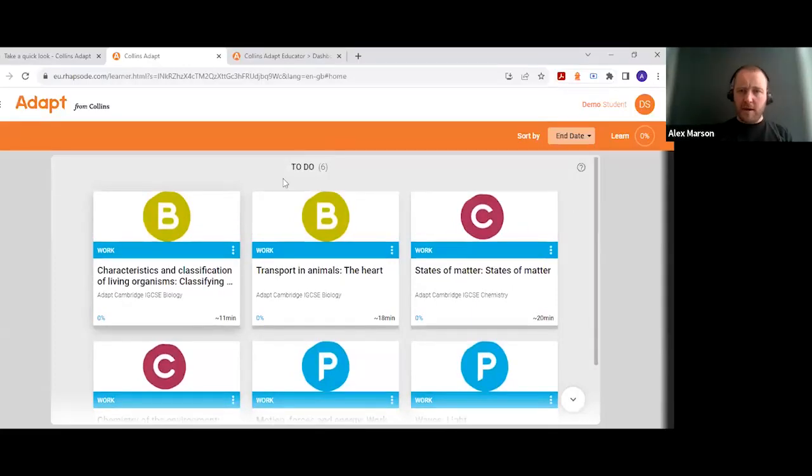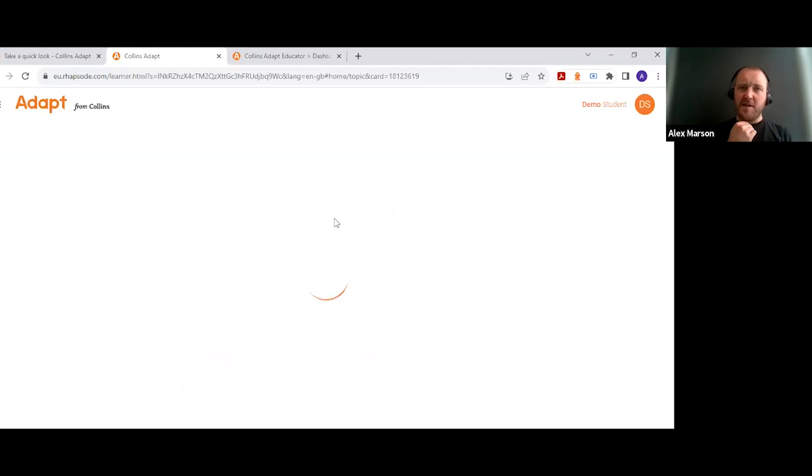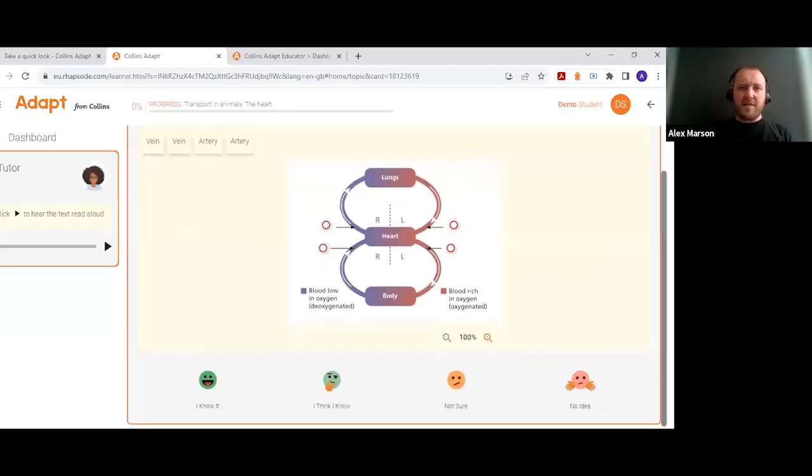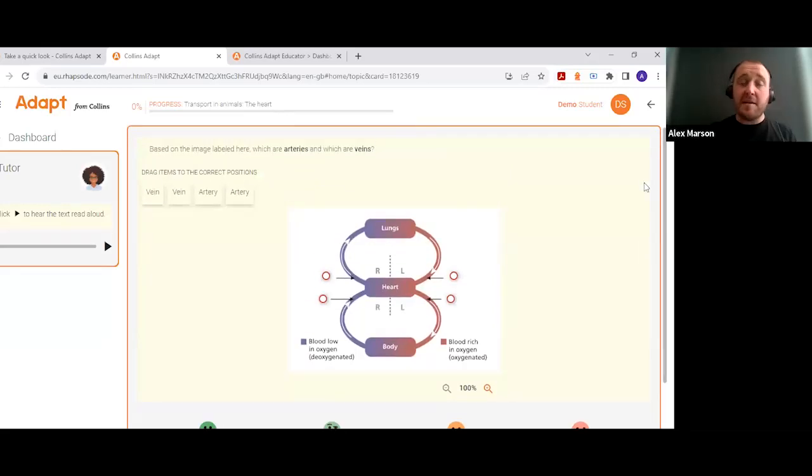So, right, what should we pick this time? I think we did physics this morning, so we'll try some biology, the heart. I'm going to select one of the cards from this dashboard and then show you what the learning content looks like from a student's perspective. Okay, so in this case, we're starting, as I mentioned while I was running through the presentation,